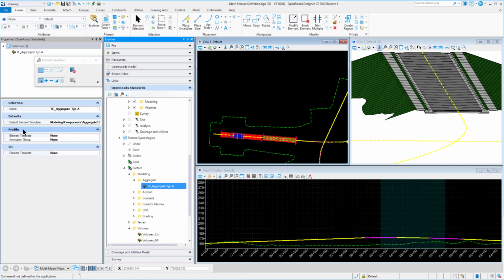Underneath the defaults tab there is a profile tab with parameters of element template and annotation group. If we wanted our element template to look different in the profile view, we would set an element template here, and we could also set an annotation group there as well. We have a 3D tab with one parameter of element template. If we wanted our 3D view to look different than our default, we would set an element template here, and